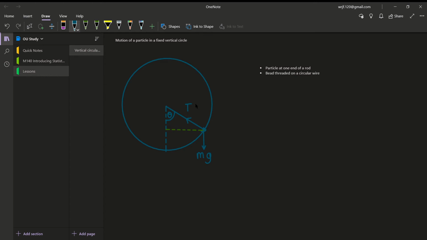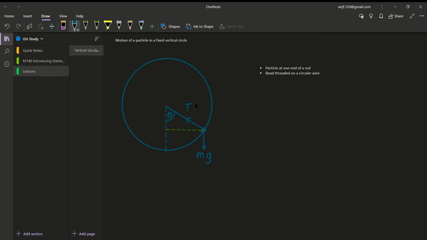is the first of two broad categories. This first one is just a single case, just a category all of its own, but then the second category will have to be broken down into a few different cases as well. So these two categories are whether the object is in a fixed vertical circle, it can't leave the circular path, or whether it's in a situation in which it could at some stage, given certain circumstances, leave that circular path. And we'll have a look at a variety of different situations